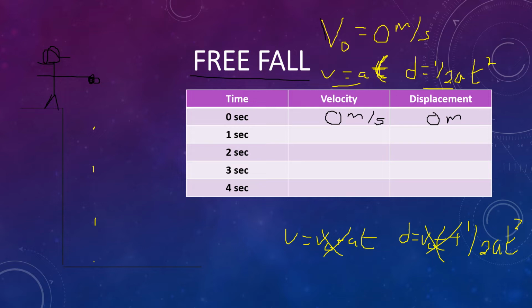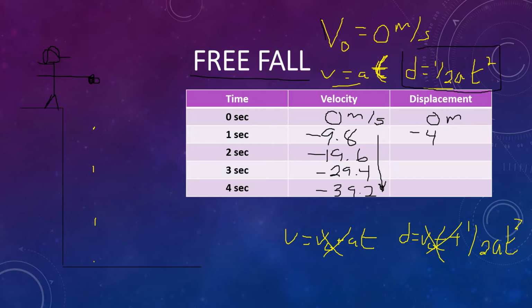It falls, it's in the air for 1 second, so its velocity is accelerated by gravity. Negative 9.8, 19.6, 29.4, 39.2. Yeah, and let's call that meters per second. So, and then the displacement, again, just keep plugging into this equation right here. Negative 4.9,